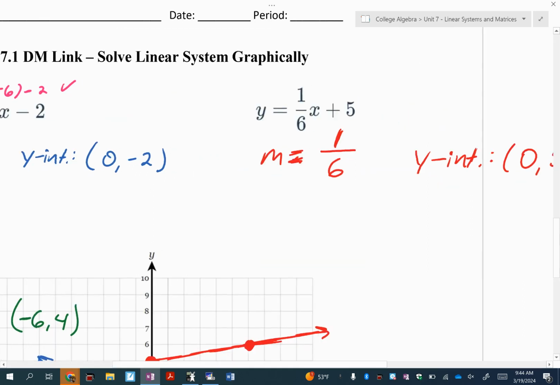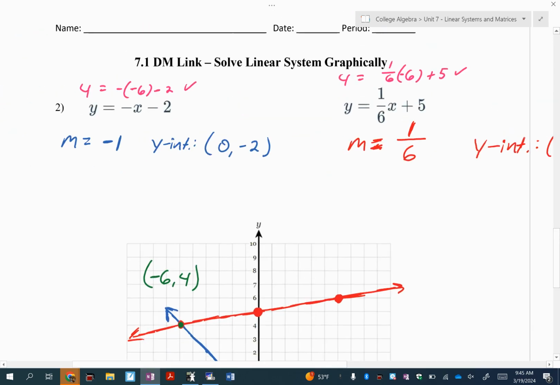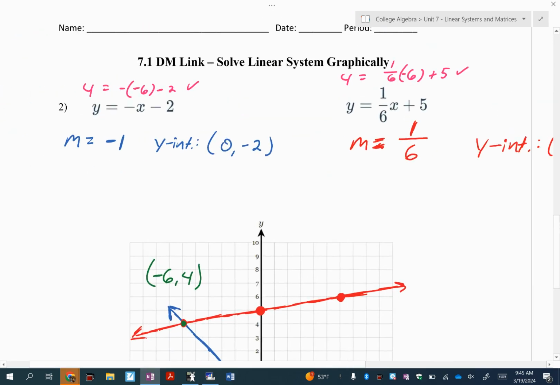If I plug in x is 6, or was it -6? I'm sorry, -6. And y is 4. What's 1/6 times -6? What's 6 divided by 6? 1. That's a negative, right? So what's -1 plus 5 is 4. So what we're saying is this ordered pair makes both of these linear equations become true statements. That's why it is a solution to this system. Okay? All right. I'm going to turn